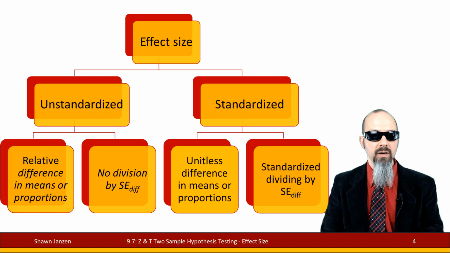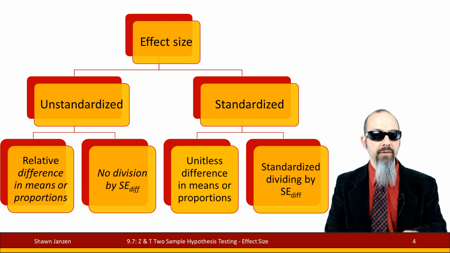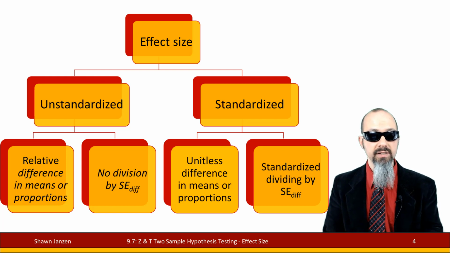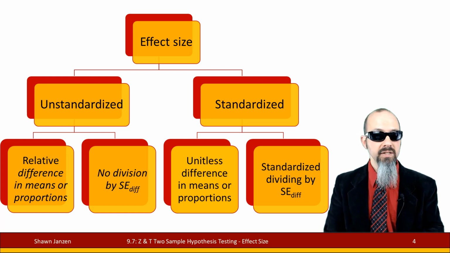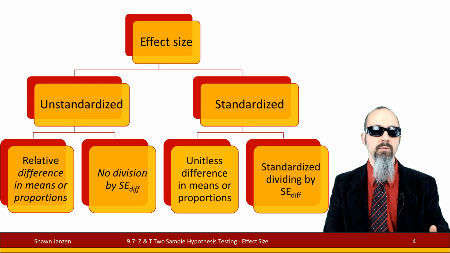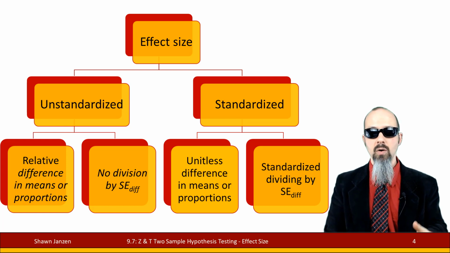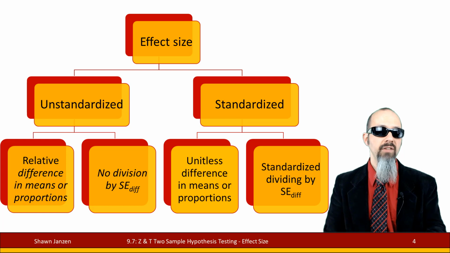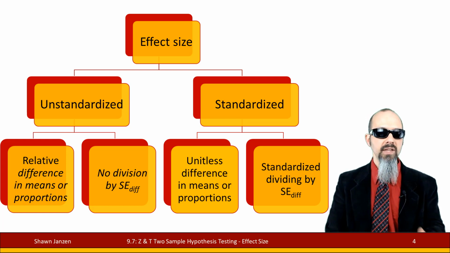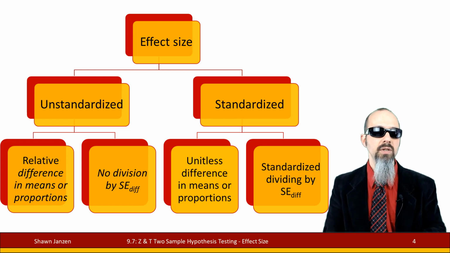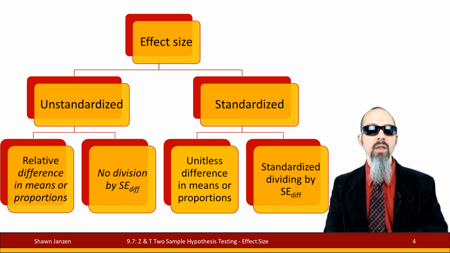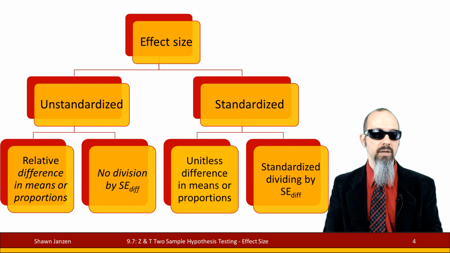So what we have here on this slide is an effect size flowchart where I show you that for effect sizes, we have two kinds, unstandardized and standardized. The unstandardized are relative differences in means and proportions. These are things that still keep their units of analysis, if it's measured in pounds or dollars or number of dogs, right, or how many friends you have. So these are things that we can still measure and count in the same units of the things that we're